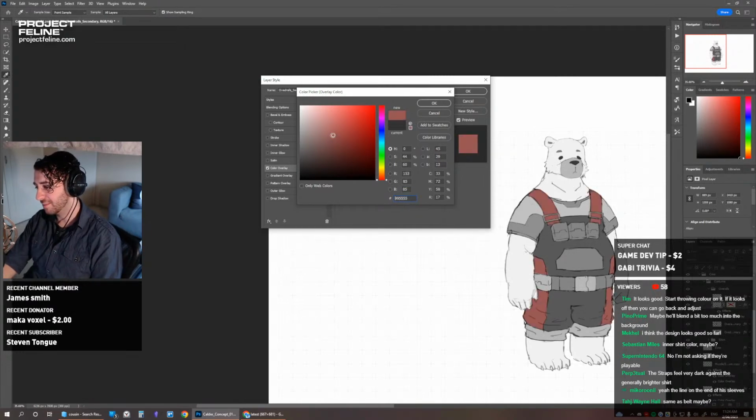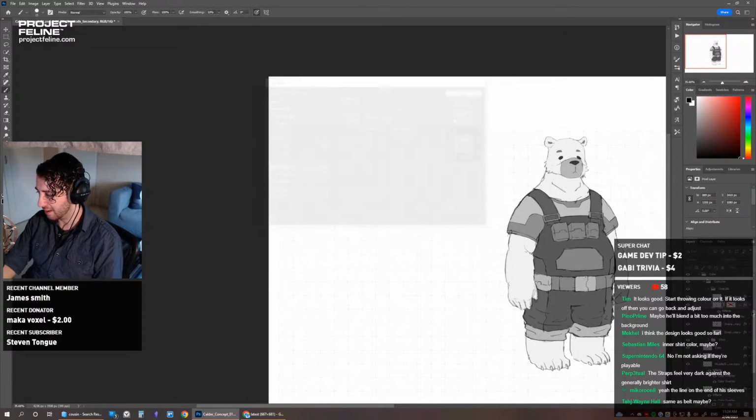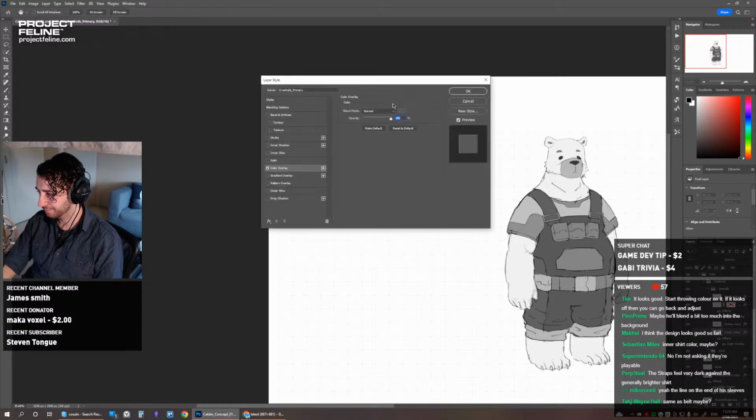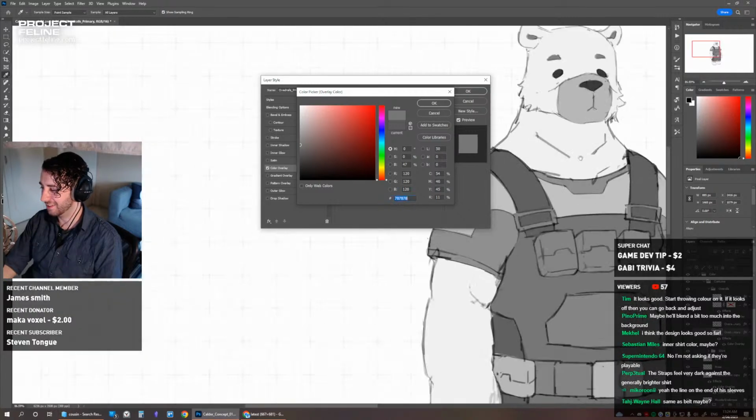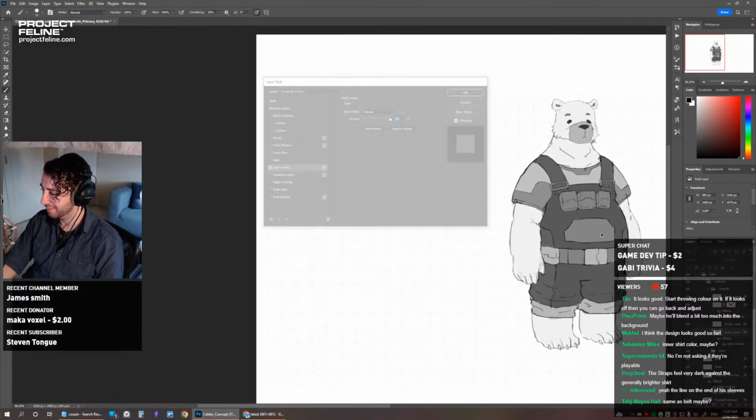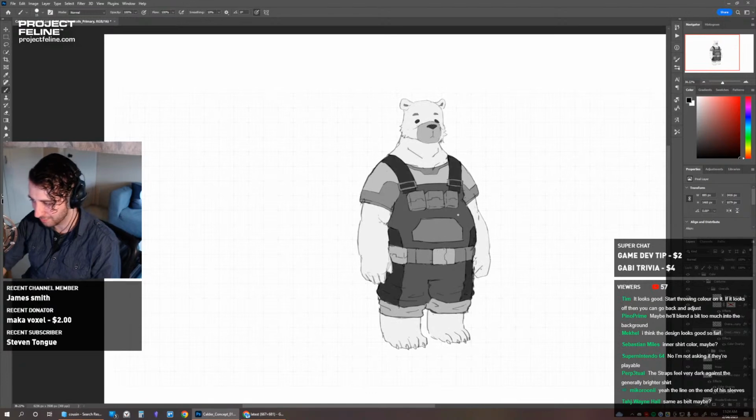Because I want these to be the same color. So I think I'll make them that color, but then I'll make this main bit lighter. Oh no, that doesn't solve the problem. It's just gonna make everything brighter.